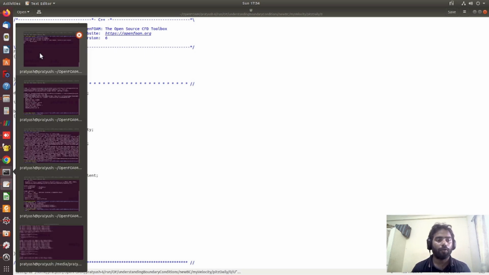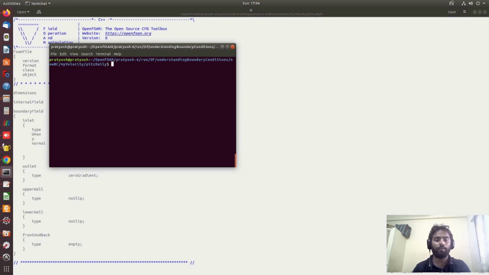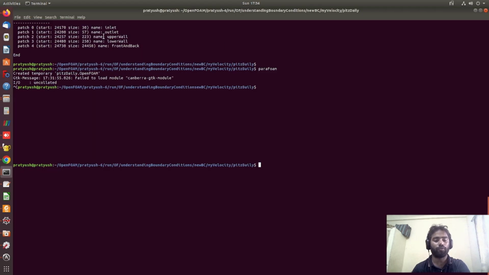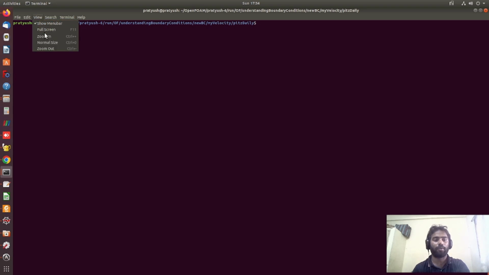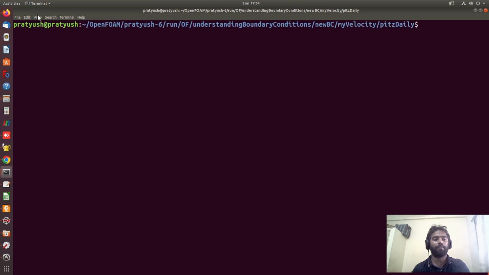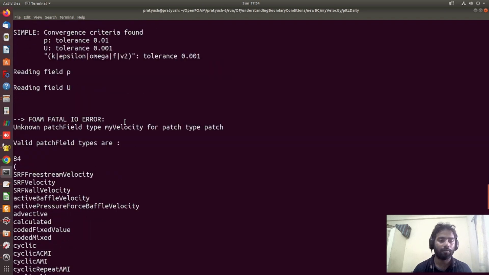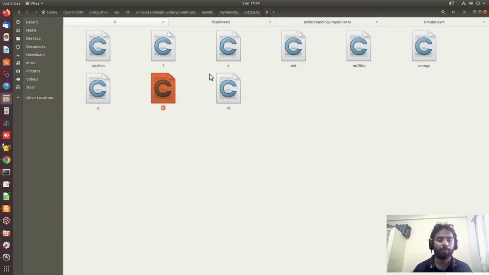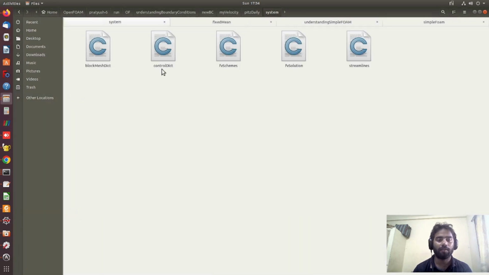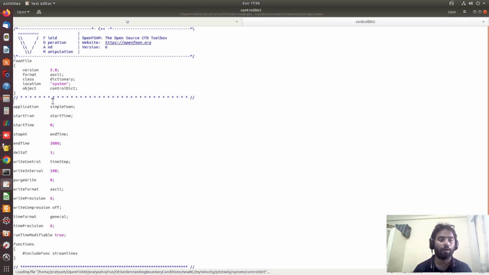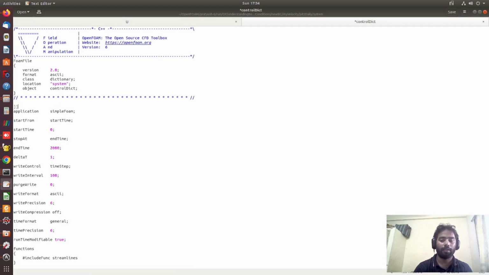But when we are going to run this test case, this solver, that is simpleFoam, it is going to show me an error. Okay, because we have not linked the library, that is why it is going to show me an error. Okay, so you can see that it's saying that I don't know what this myVelocity type name is. So for that purpose you have to go to the system folder and then to controlDict, and here